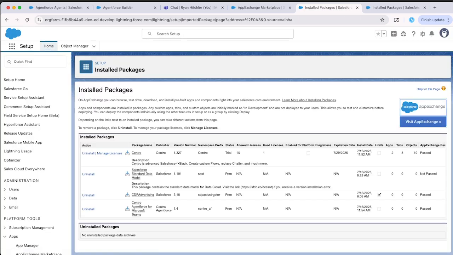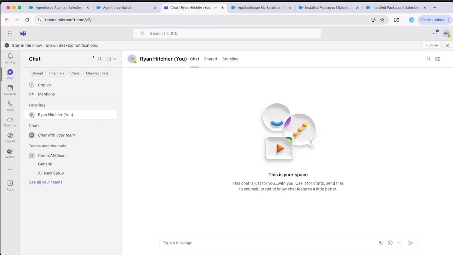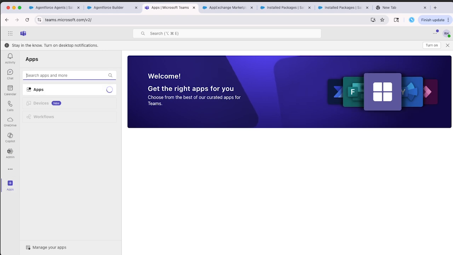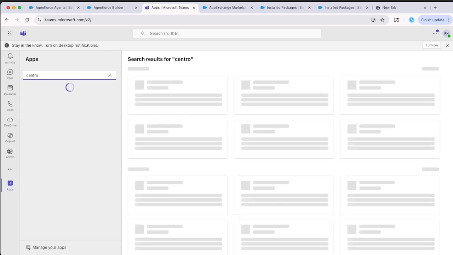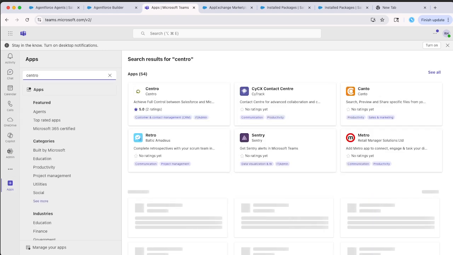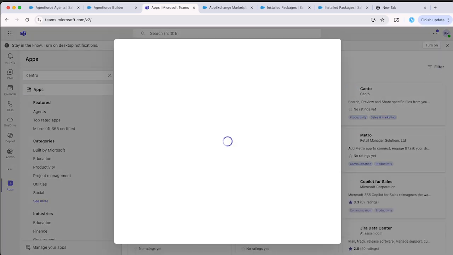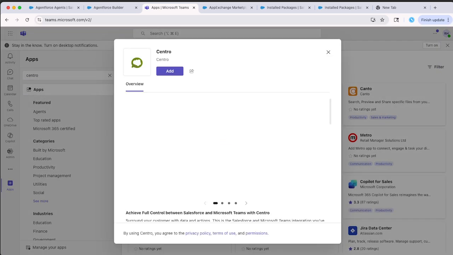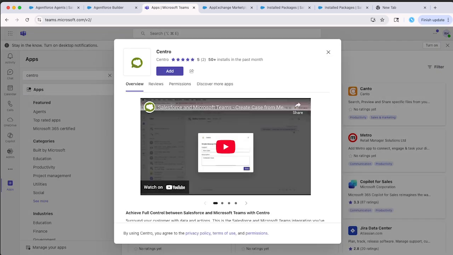Okay, let's now install the companion app on the Microsoft Teams side. There are several ways to do this. One is from the Teams interface itself. We could go log into Teams, click Apps, search for Centro, select, and click add. You could also go from the app source